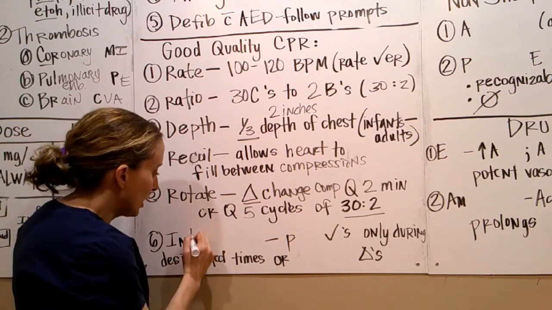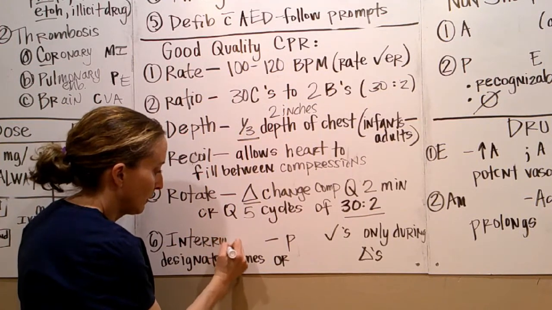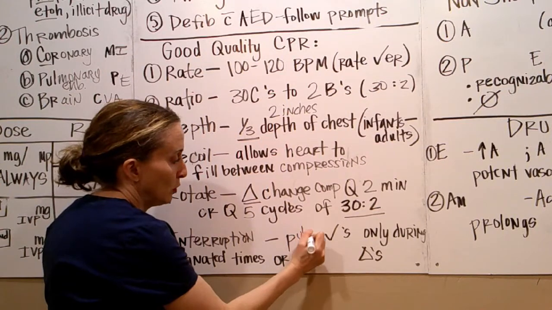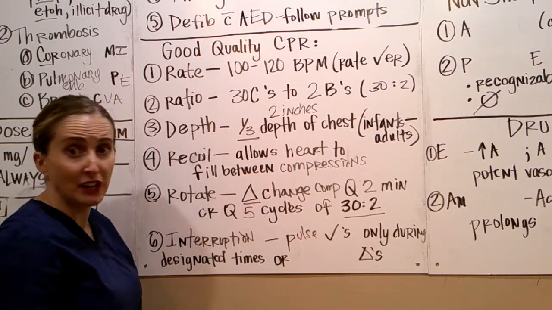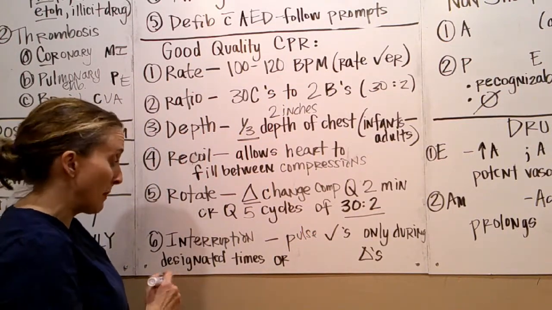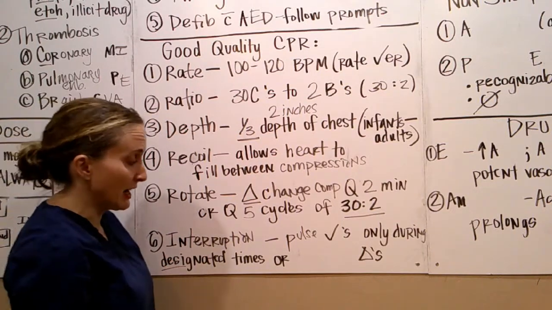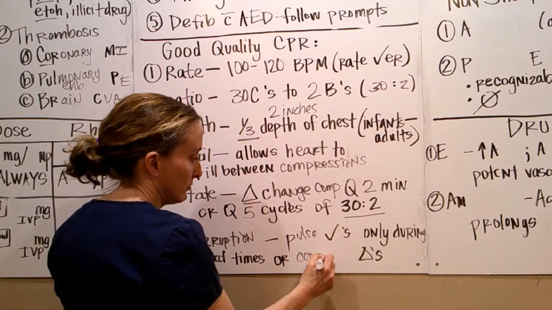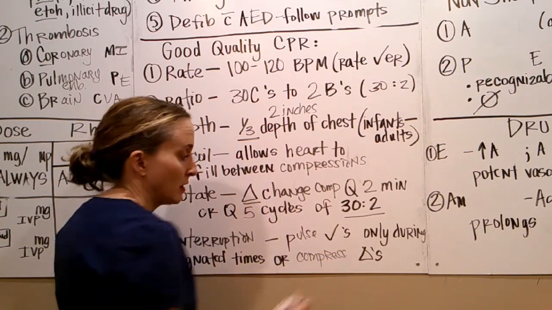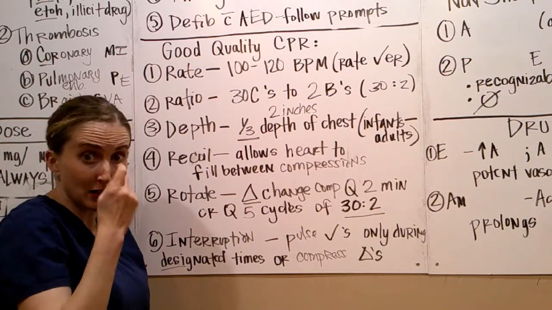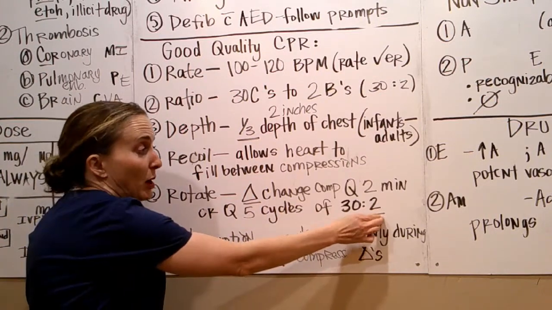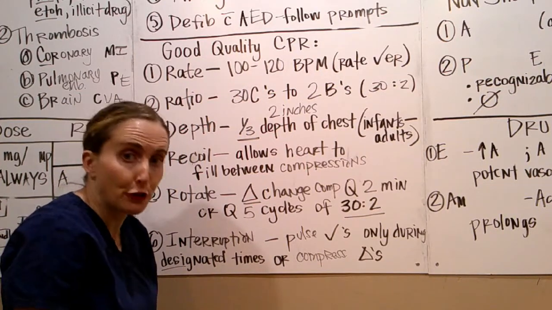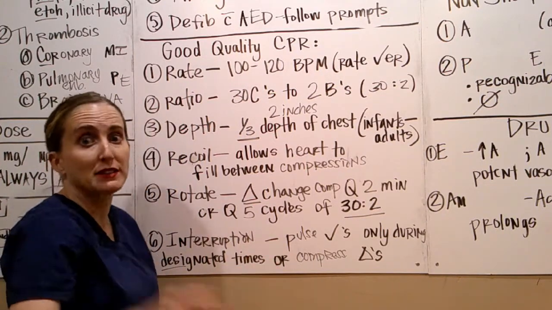But we want to keep our interruptions, pulse checks, whatever we're doing, putting in an advanced airway, we want to keep those down to a minimum, to our designated times or during our compressor changes. So you can change compressors during the breath part, right? So you're going to go 28, 29, 30, change while they're doing their 2 breaths,